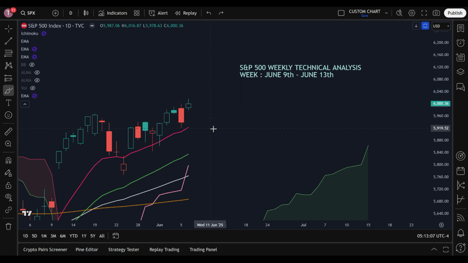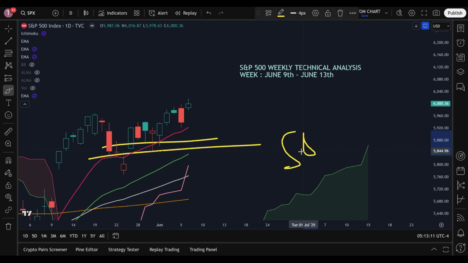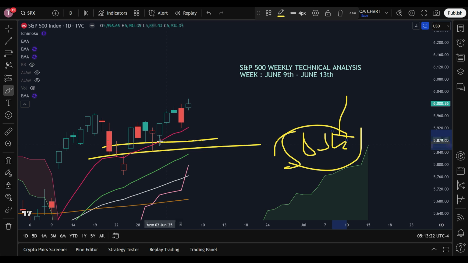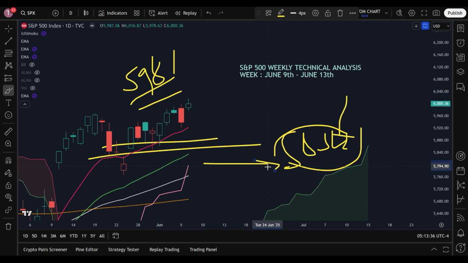When I say that the fall will be limited, see, last week I mentioned that any fall will be handled by the zone that starts from 585x. The zone worked as it was expected to, because on Monday the S&P 500, after the open, came down, tested the zone, and then there was an intraday bullish reversal and it moved up and closed at 5936. This happened on Monday, the 2nd of June. So this was the zone that was supposed to handle the fall, and it has actually handled the fall.